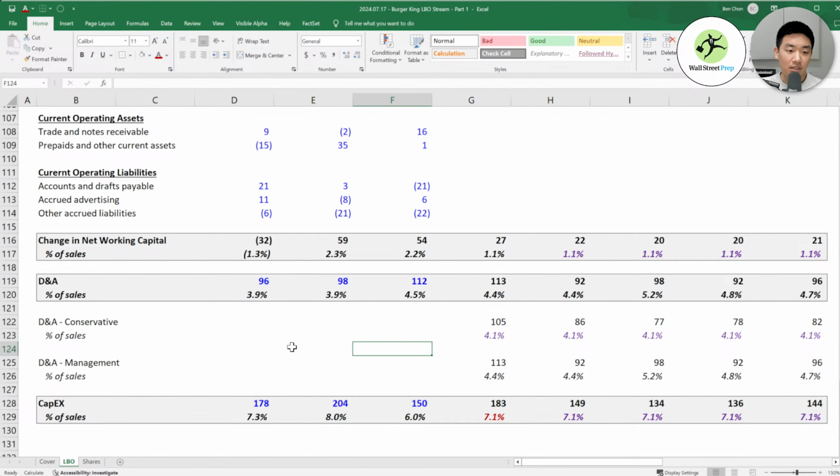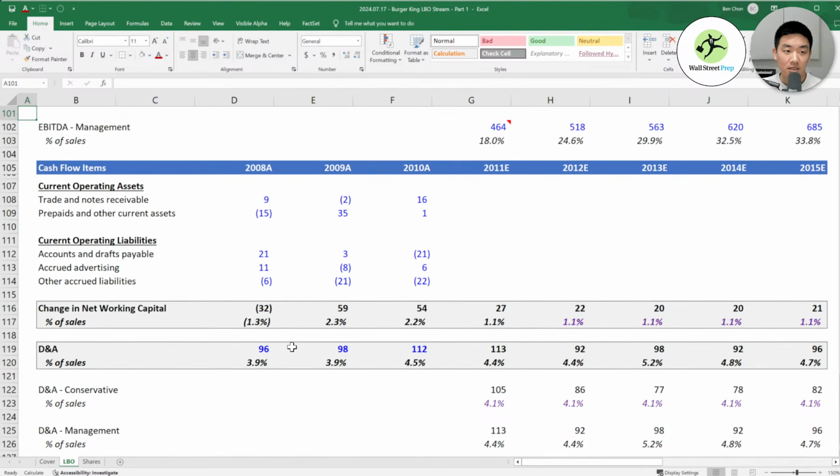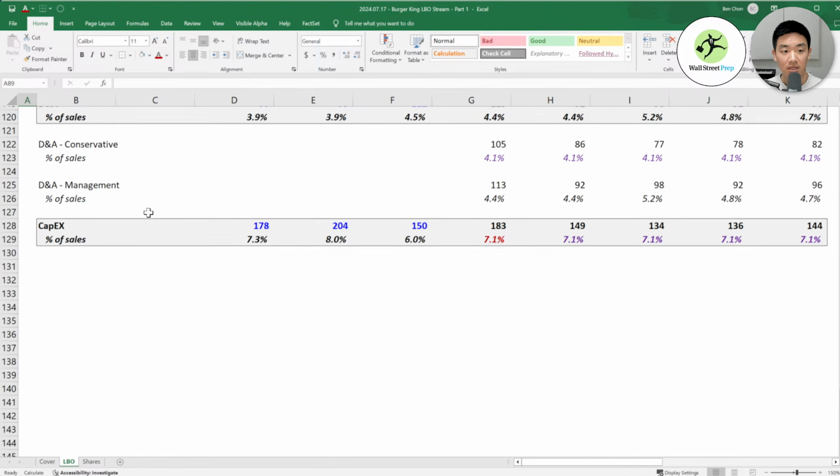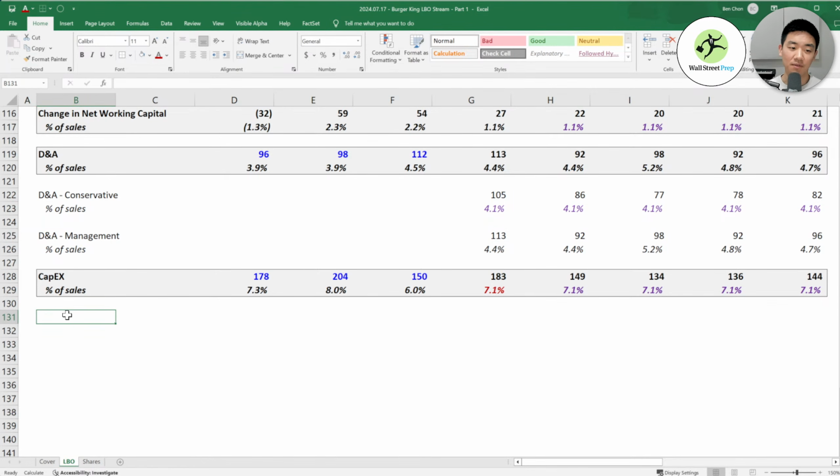All right, so we have our cash flow items. Now what we can do is calculate our levered free cash flow and then get to our debt schedule. I think we have about 30 minutes left before we can finally get to our IRR.